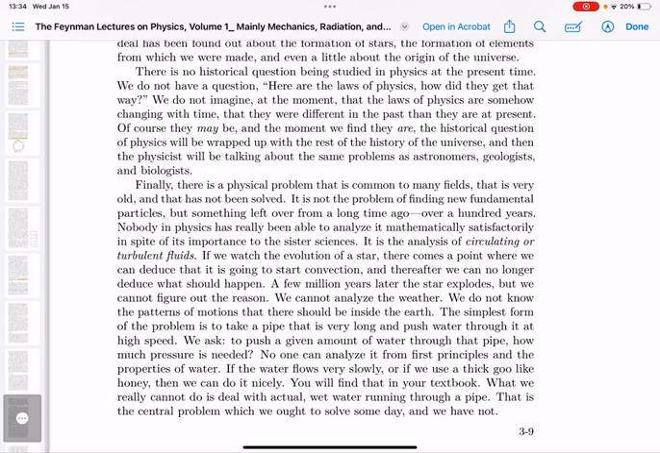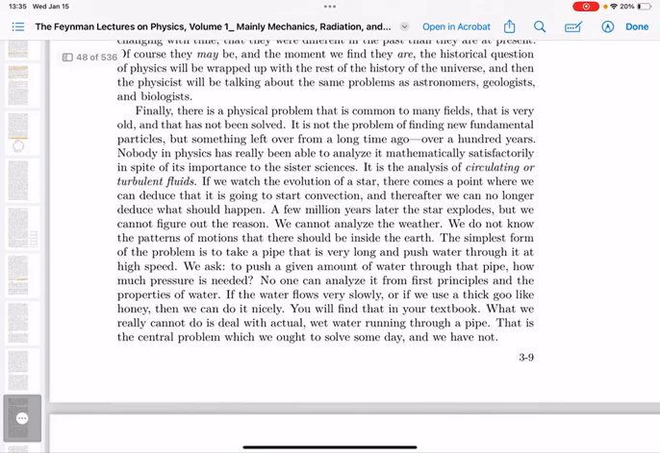Of course, they may be, and the moment we find they are, the historical question of physics will be wrapped up with the rest of the history of the universe. And then the physicists will be talking about the same problems as astronomers, geologists, and biologists. Finally, there is a physical problem that is common to many fields, that is